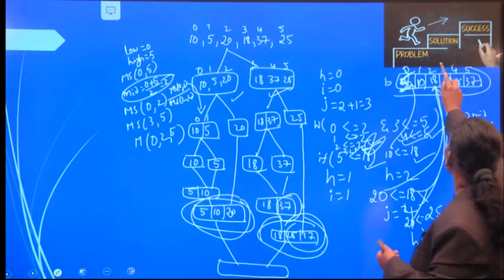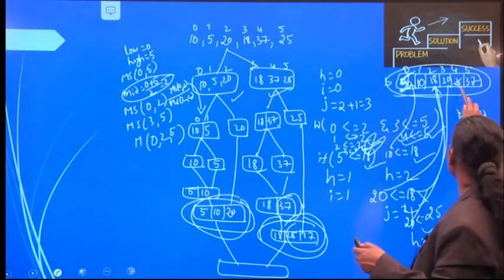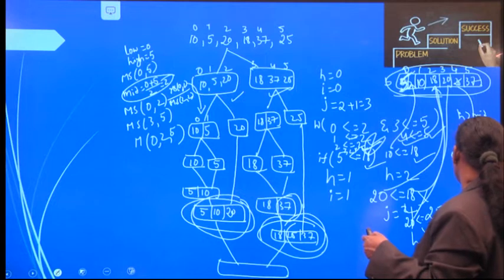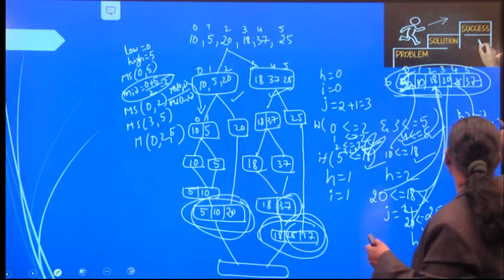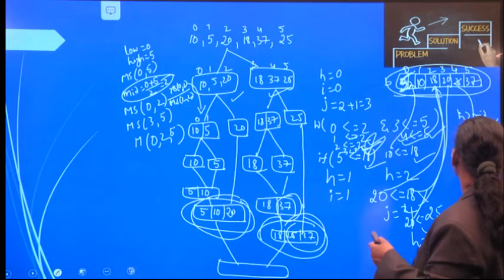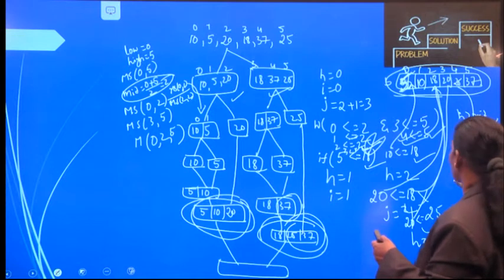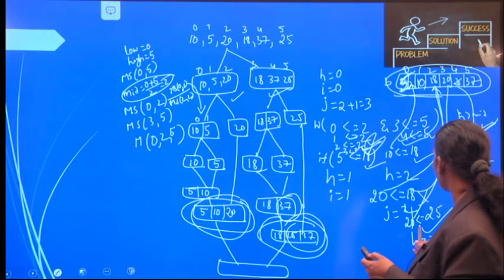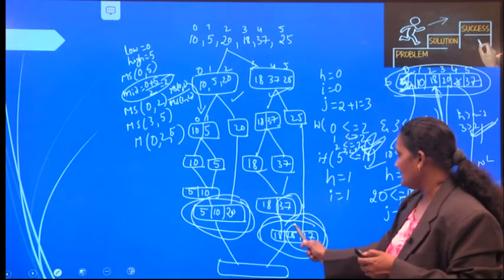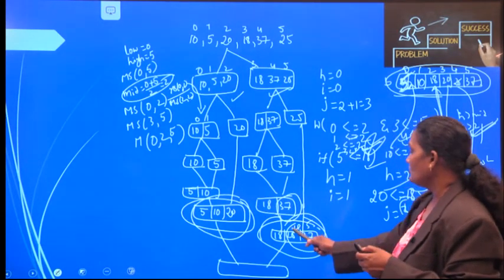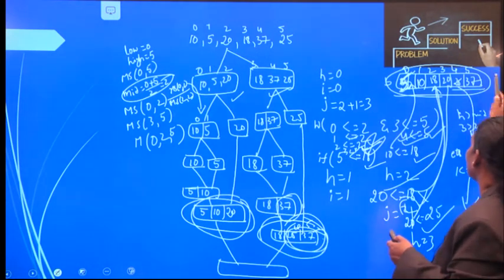So, finally, the sorted array is obtained in B. So, we need to move this sorted array to A. Here, 3 greater than 2. Since the condition is true, for k is equal to j to high, we need to move all the values. j to high means the j value is 4 and the high value is 5, that is 4 to 5. We need to move the values. That is, 25 and 37 should be moved directly here.